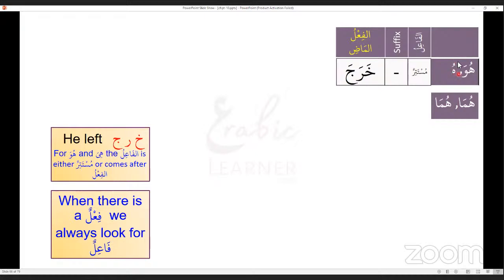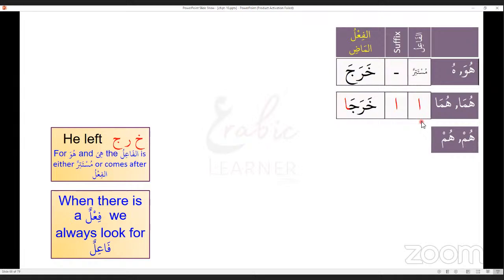So the dhamir muttasil, the attached pronoun, is who here? Now who is not getting attached here? Okay, you need to know this. In the same way, kharaja means he left. Kharaja means they both left. Okay. Now here dhamir muttasil,